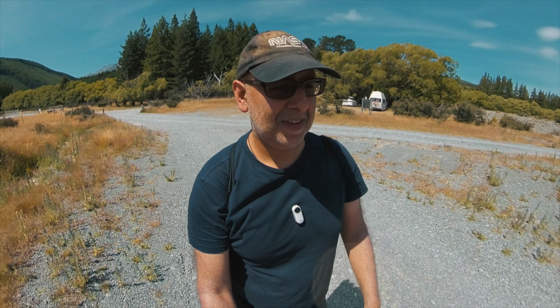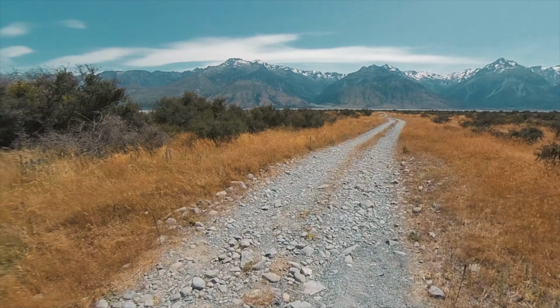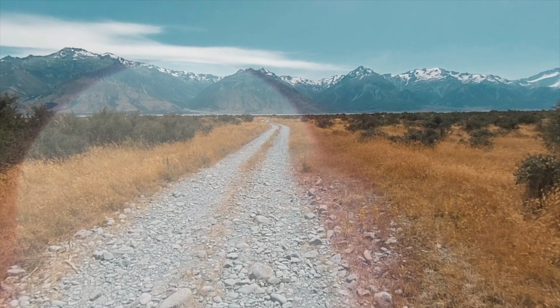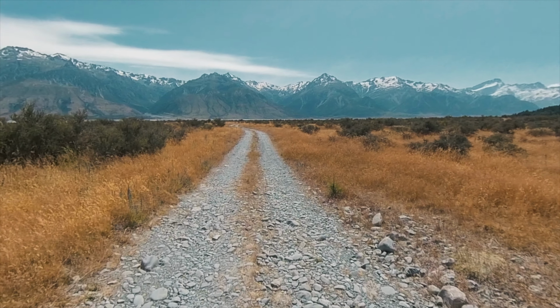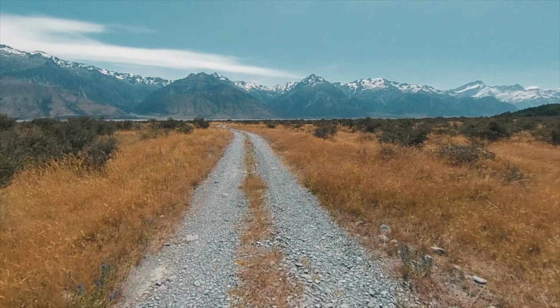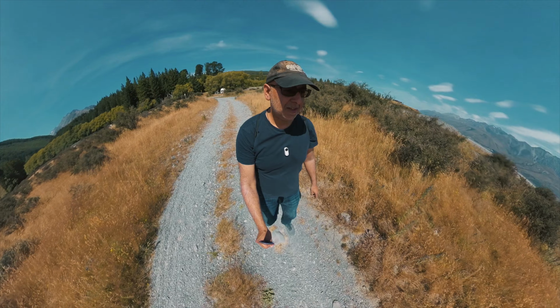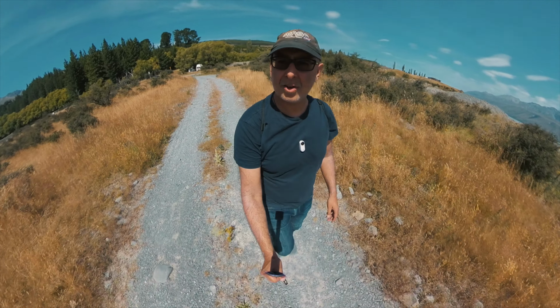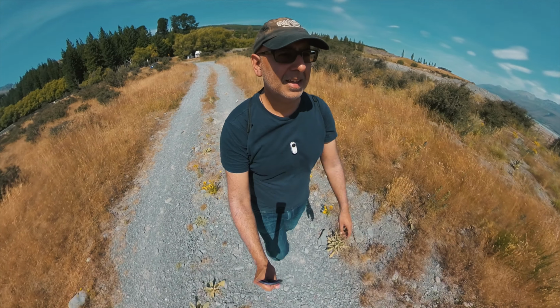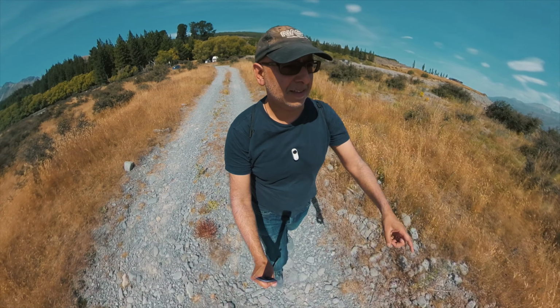Quite a drive along that road, gravel road, but it's worth it. If you take a look around me here, this is the Tasman track, and that over there is the Tasman River. Now this track is 10 kilometers in length, but I'm not going to do that. I'm probably only going to do about a kilometer or two in either direction, maybe 2-3 kilometers in total this afternoon. I've done a lot of walking, plus I need to go and check into the hostel, but I just want to get a view of Aoraki, Mount Cook, just over there,